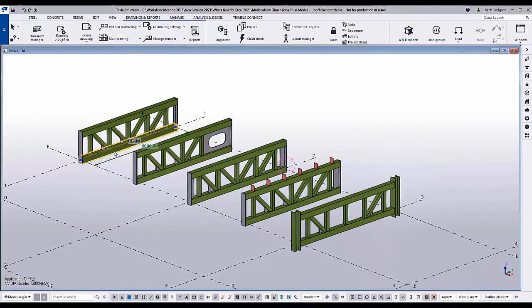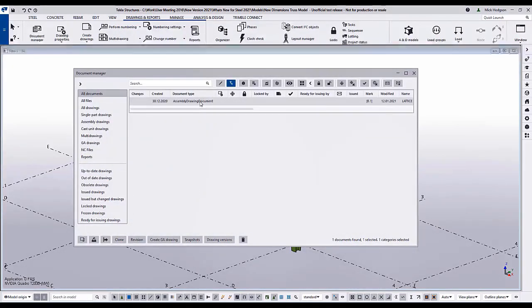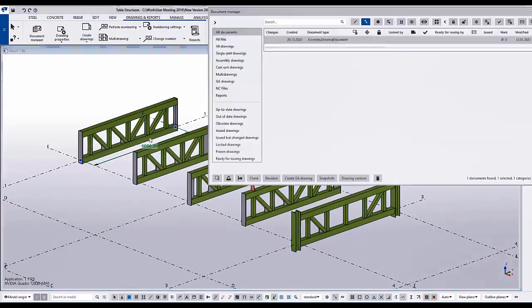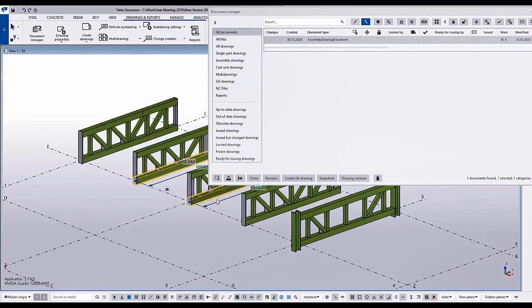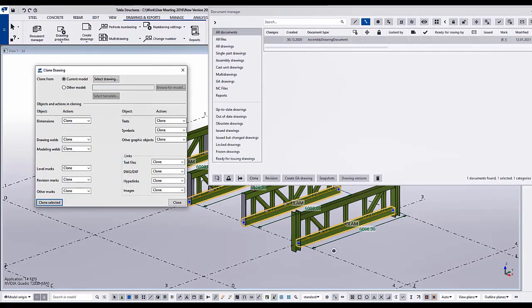Here we have a model with 5 similar but not identical assemblies. First of all, let's open up the drawing which I edited earlier. This has been created using the associativity rules and the tagging content. If I now create these 4 remaining assemblies and use the drawing I created earlier as the basis, or clone